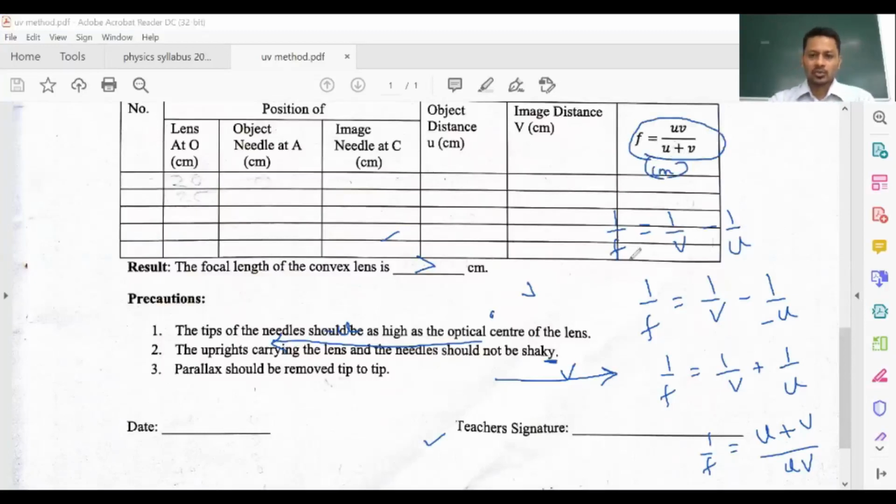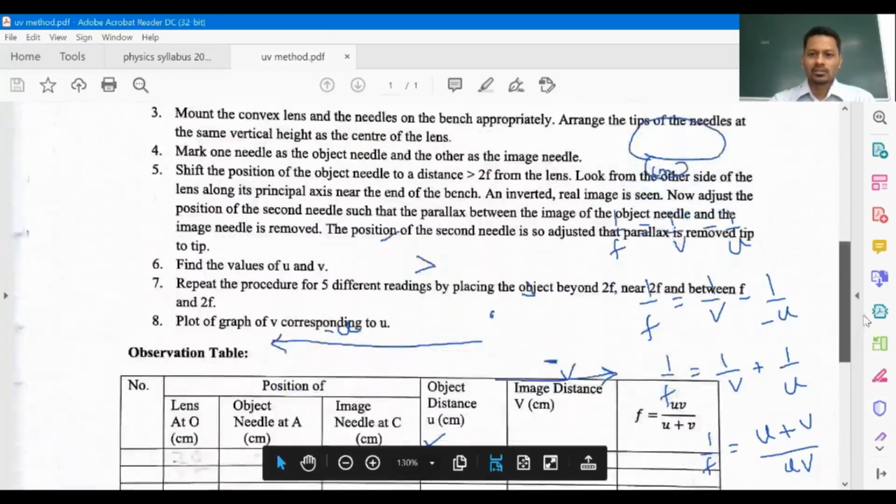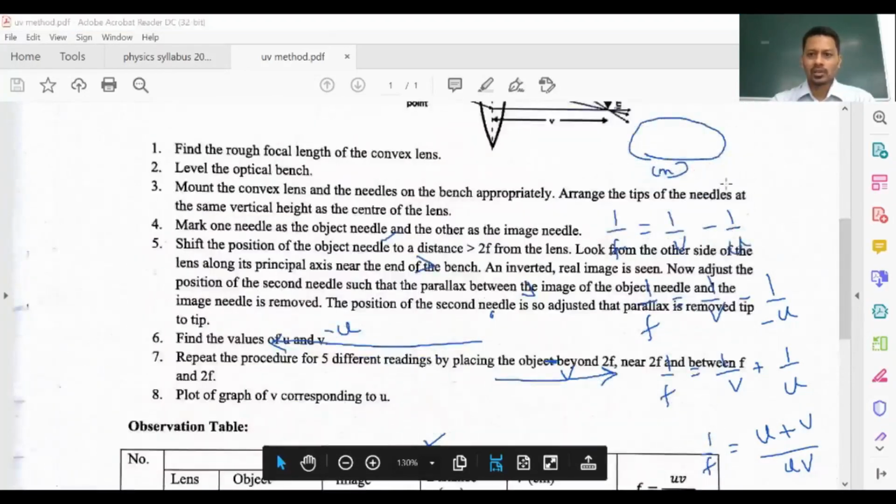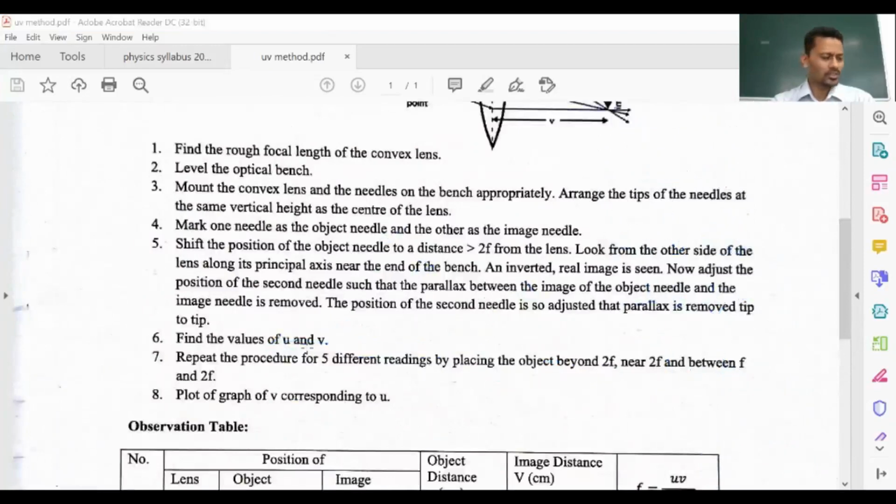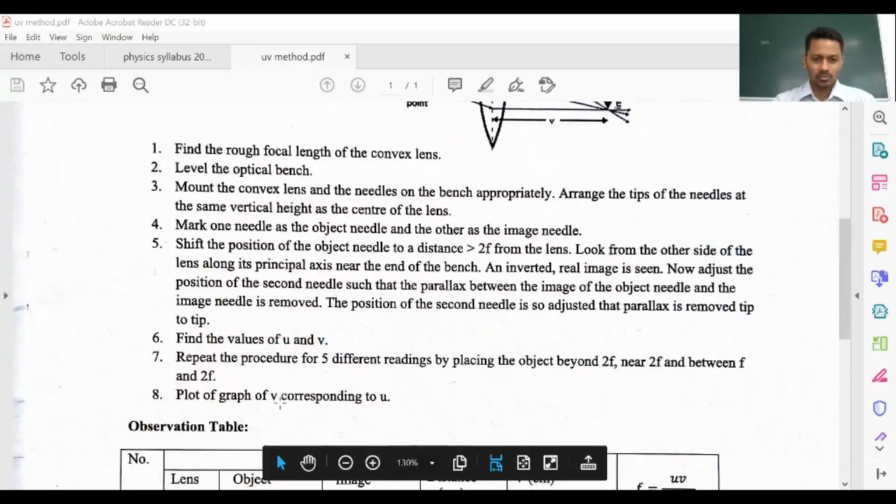Now, drawing the graph, you will plot all these points and draw the graph. And if you look at what instruction is given over there, my U versus V graph should be a curve. That means you plot V corresponding to U. Okay, I'll just try to show you the graph. So how do we draw the graph in this case here? Okay, now what you have to draw for the graph is